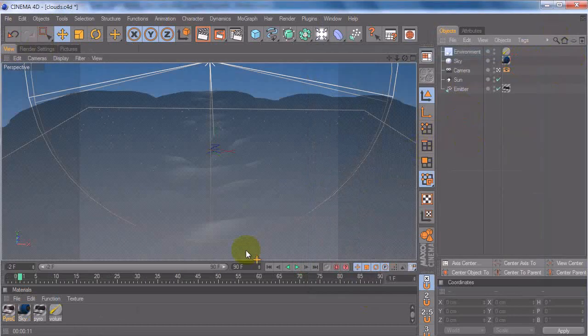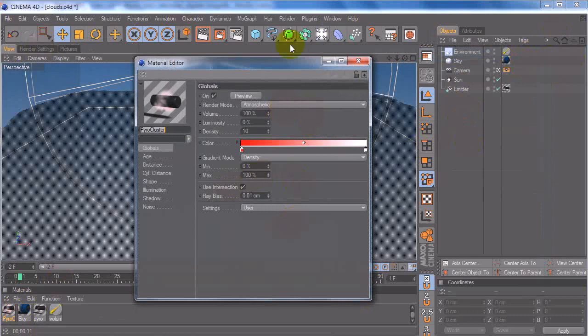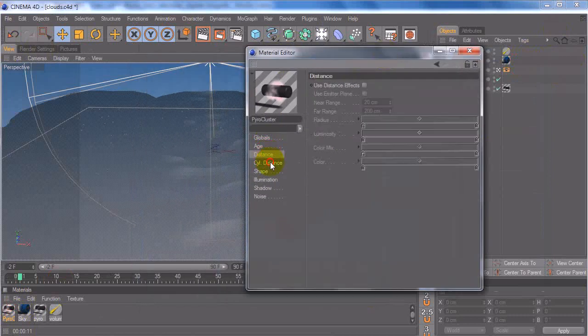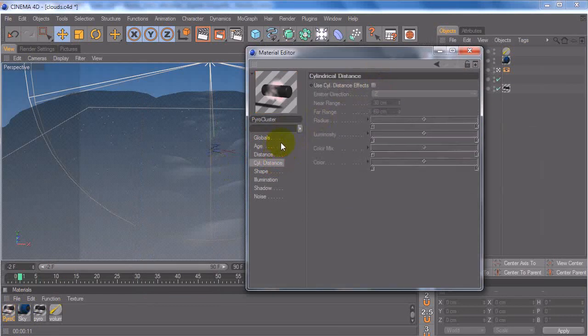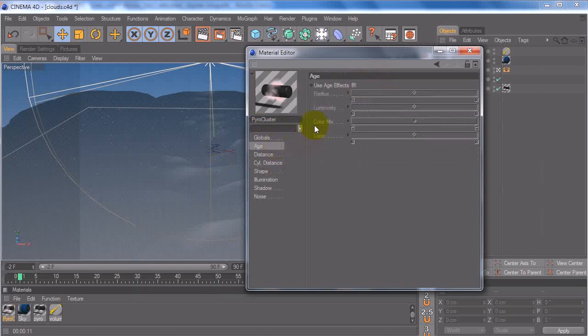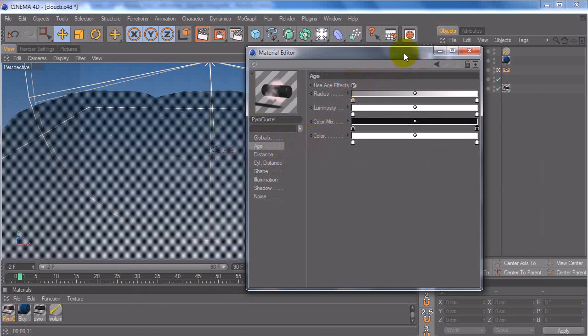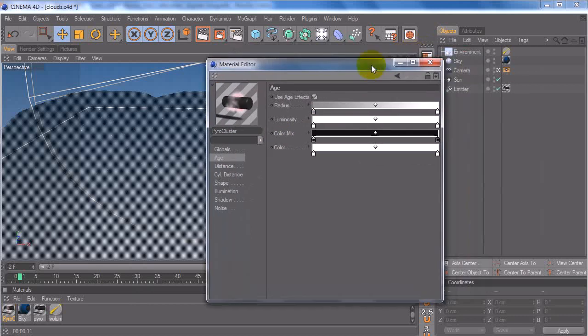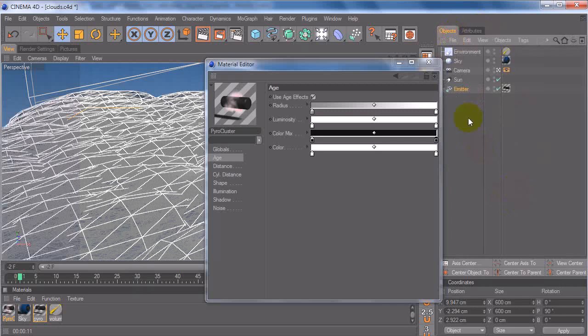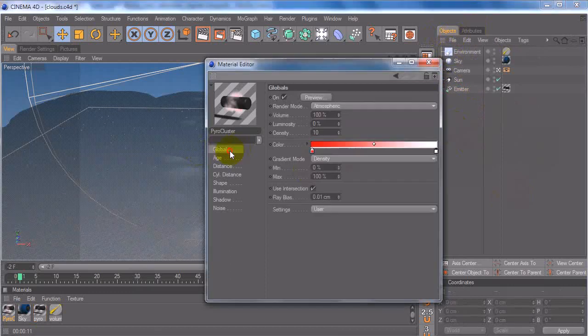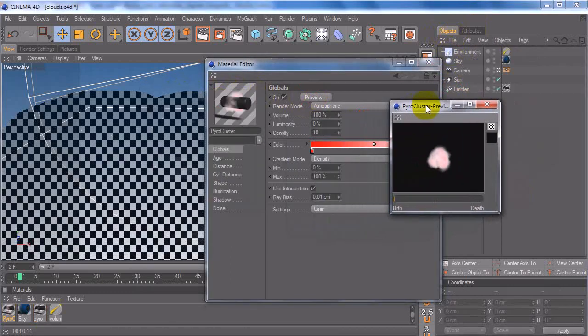Alright, and we're done with globals. We actually have three tabs that we're not going to be using, which are the age, distance, and cylindrical distance tabs. And I'm just going to explain what they do and what you can use them for. The age effects affect how our particle changes from birth to death. Inside of our emitter, we can actually set the lifetime. On this emitter, it's set to 1,000 frames. So over 1,000 frames, our puff's appearance will actually change. Let's just scroll through on the preview, and you can see our puff changing